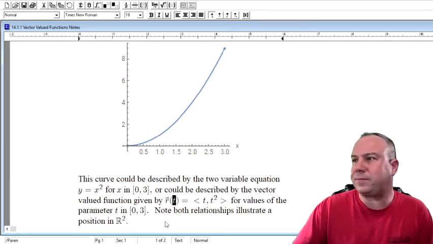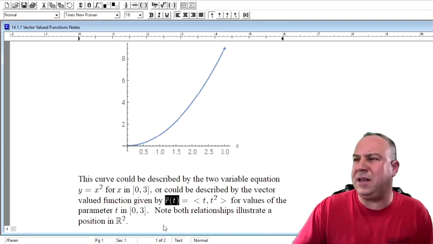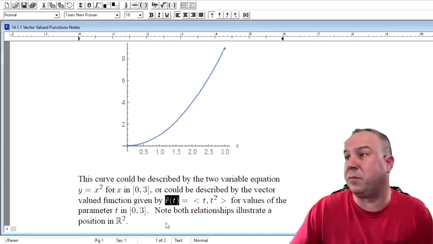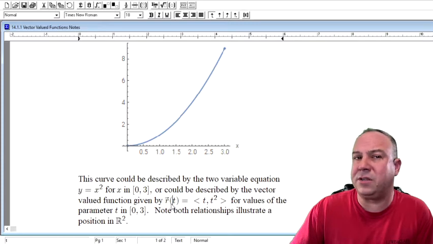T, given here in our function notation, is describing the value of the independent variable. T represents what we call a parameter in the problem. Right? We have here parameter t, where t is this independent parameter, this independent variable that acts as an input